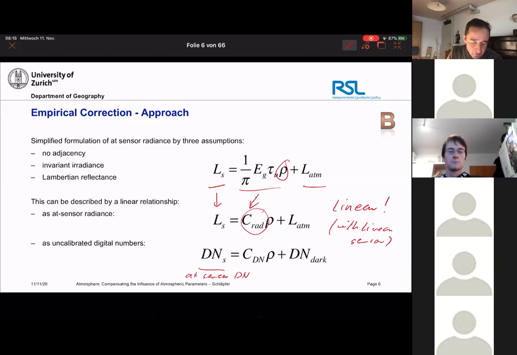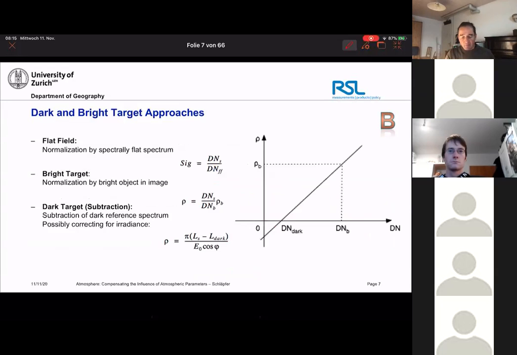So that's the basics for all these empirical approaches. And there are a few possibilities to apply them. The most simple one is the flat field correction. This is also implemented in the Glimpse software. So what it does, it searches for a flat